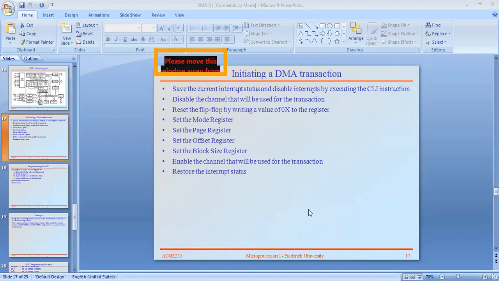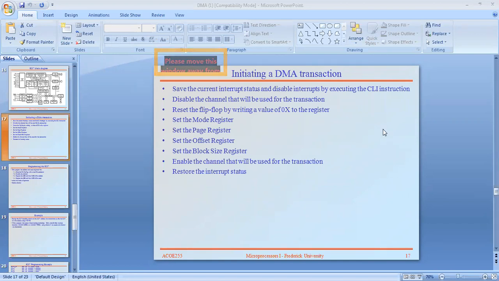Set the mode register, the page register, the offset register, and the block size register, enable the channel, and restore the interrupt status. Again I am enabling the interrupt. Initially I disabled it with the instruction CLI, clear interrupt, and finally restoring the interrupt status means that after completion of this process I have to enable the interrupt again with the instruction STI.